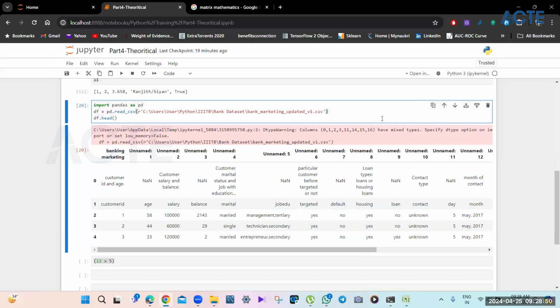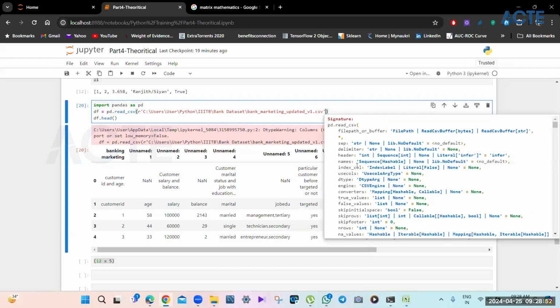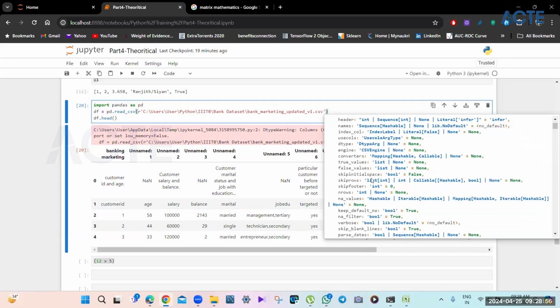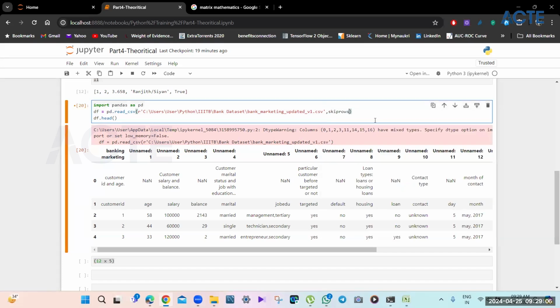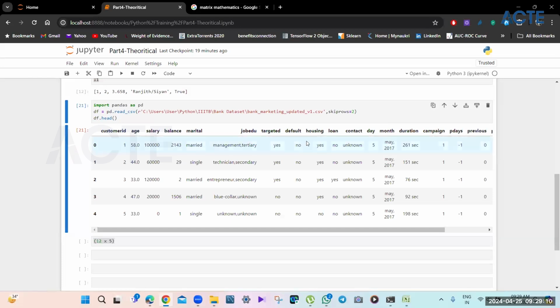Okay, I think I understood what the issue is. I think the first two skiprows equals 2. Now I understood. So you guys saw what happened.